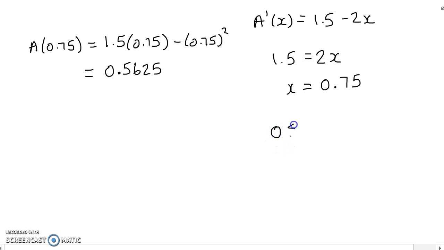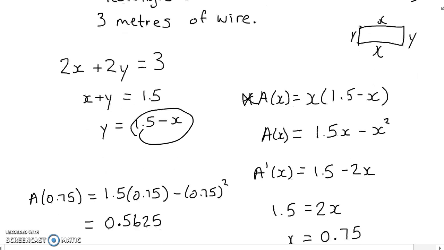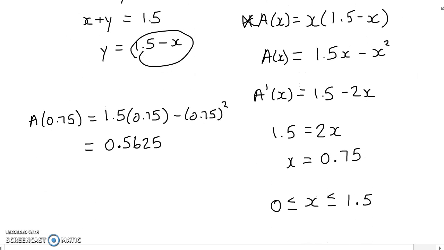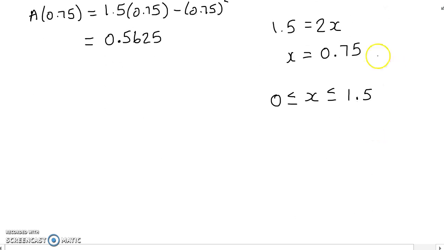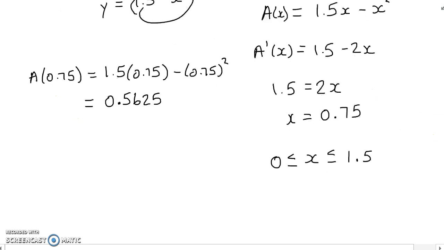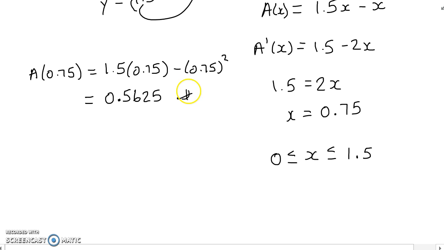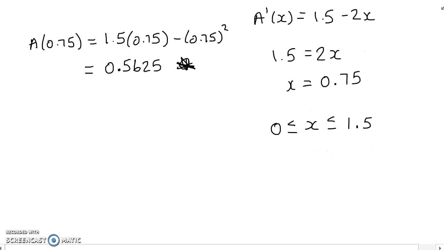Therefore, the interval in this case would be x greater than or equal to 0, but also less than or equal to 1.5. Because 1.5 is exactly half of the amount, it's impossible to make a shape with one side being longer than half of what we have, based on what we have written up here as 2x plus 2y equals 3. If x was greater than 1.5, the equation wouldn't work. So now what we're going to do is plug in x as 0 and 1.5 to make sure that this value that we got here is in fact the correct